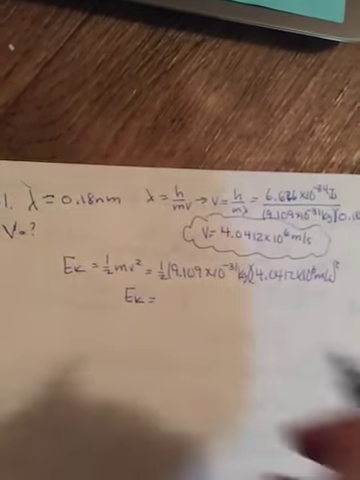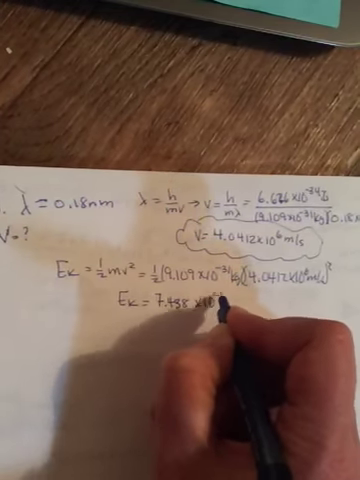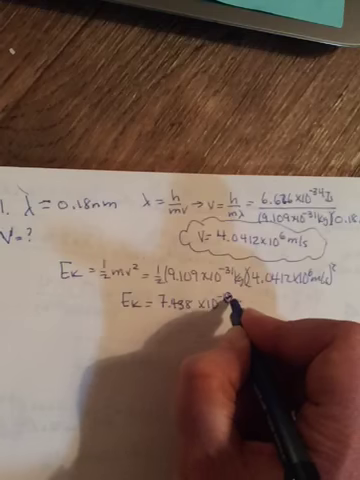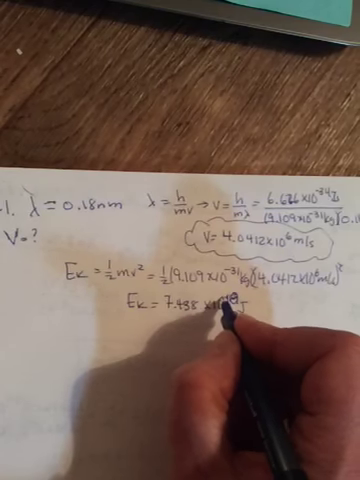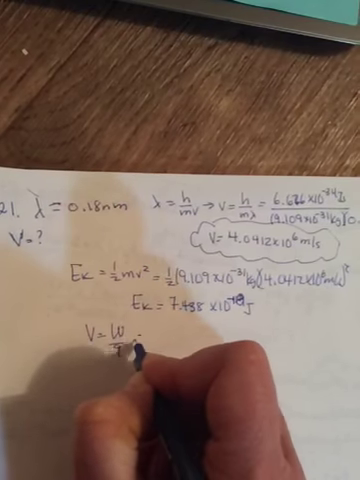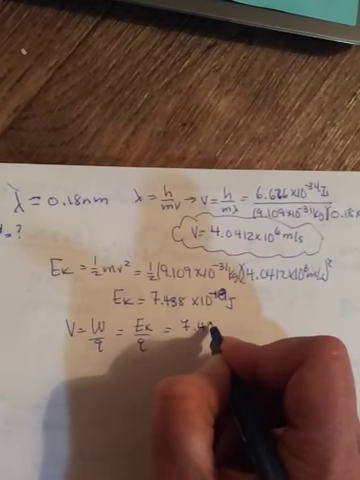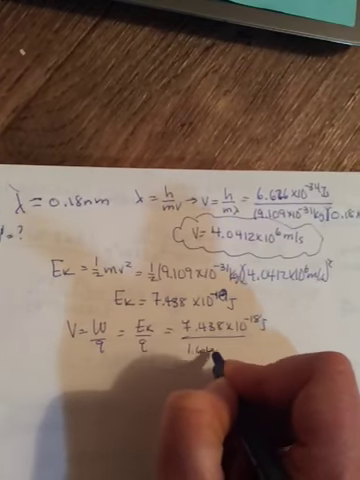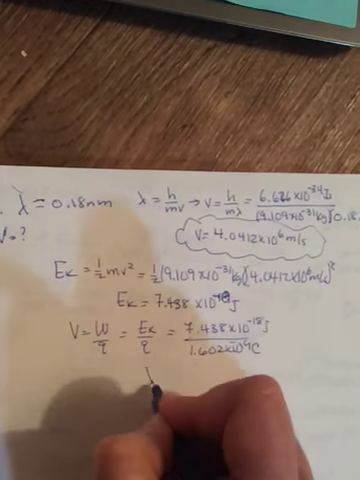And when you do that, you get an EK of 7.438 to the negative 18 joules. I said 18 and wrote 19, but it really is 18. So then V equals W over Q, or EK over Q. So 7.438 to the negative 18 joules divided by 1.602 to the negative 19 coulombs. And you get a V of